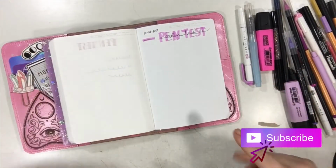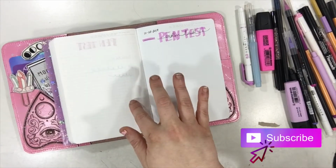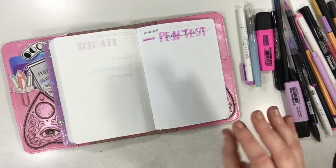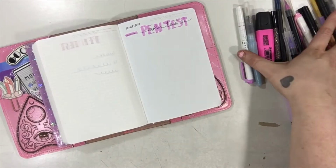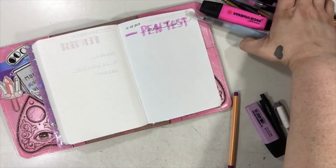Hi guys! Today I'm actually going to be doing a pen test in my B6 Stalogy. I'm not 100% sure how to say it exactly. I've heard it pronounced both ways. But I just thought we would do a pen test with all of the pens and pencils and markers